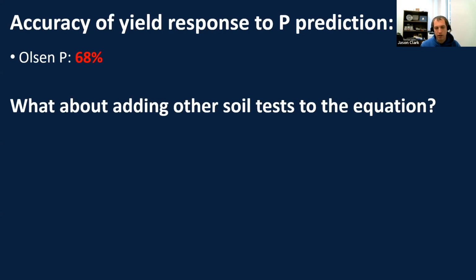Because we've seen if we have too high of a soil test level, we might see a decrease in yield. However, sometimes we have higher soil test levels, but we still see a response. So what else can we use to help us make that decision? And this is still data I still need to work on, but I just want to show you some